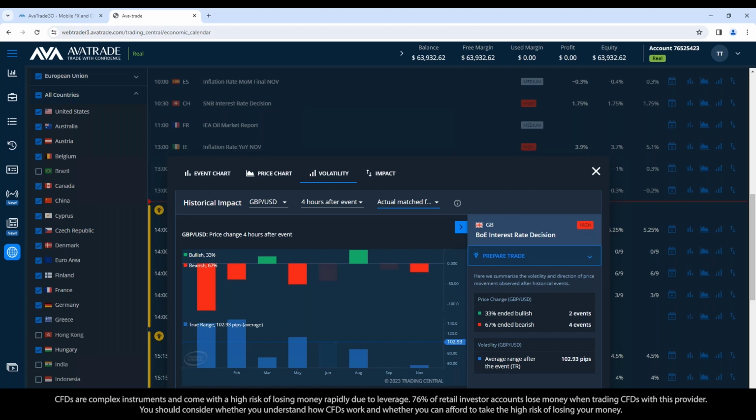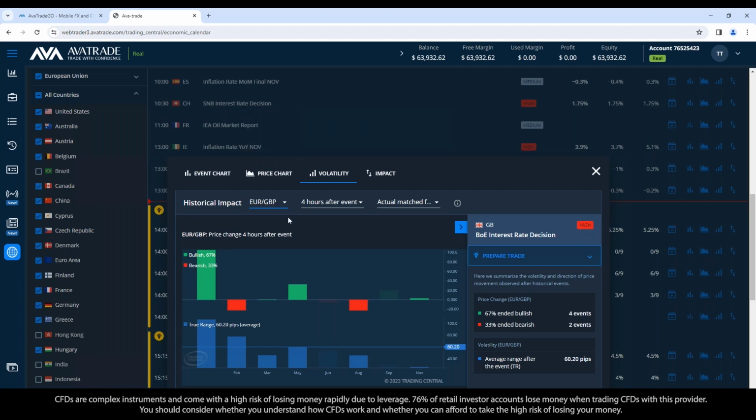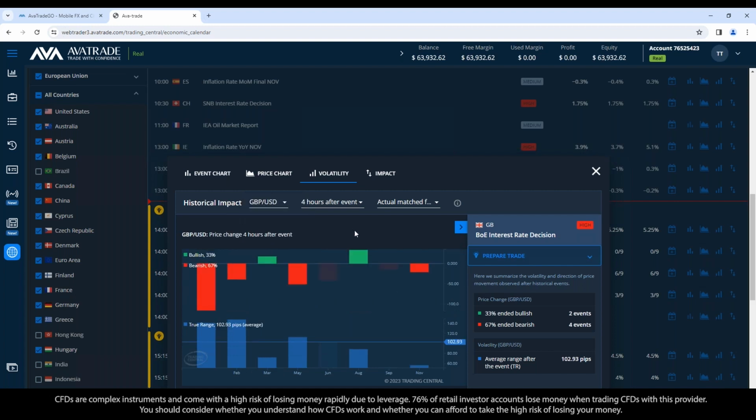Meaning, for example, with this announcement, I know there's a euro rate decision coming, so I'm probably not going to trade euro GBP, because when the euro rate decision comes in less than 4 hours after this one, it could mess up my pound movement. So I probably want to trade something that is less likely to have another rate decision or large announcement that could mess up my movement before I can hopefully take profit. So I will be selective on which pairings make the most sense for the given announcement.